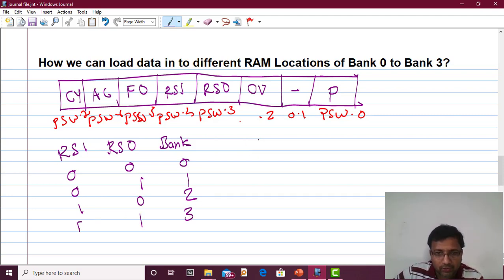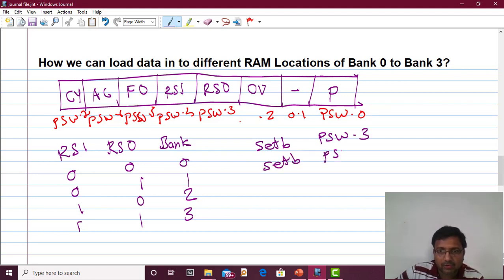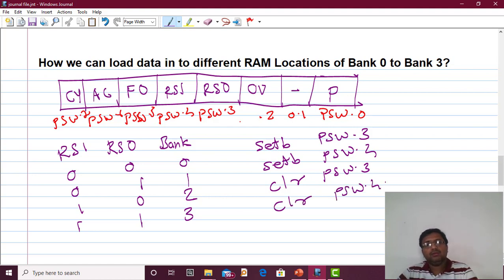For loading the data, we need to use the instruction setb PSW.3, or setb PSW.4, or for clearing it, clr PSW.3, clr PSW.4. These are the things we need to use while programming.